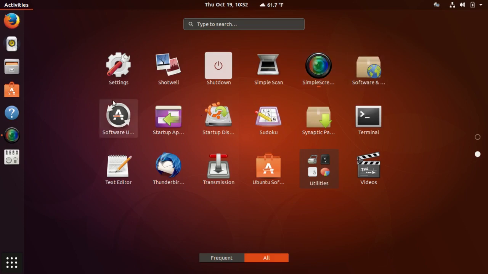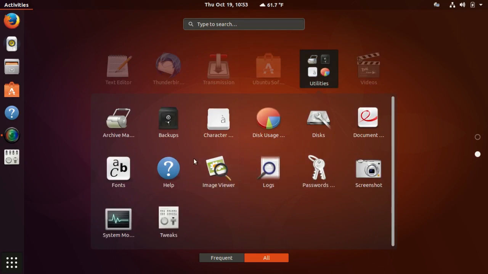Software and updates. Software updater. Startup applications. Startup disk. That's for making a new startup disk based on your existing system. Sudoku, puzzle, Synaptic Package Manager I installed, terminal was installed, text editor, Thunderbird, Transmission, Ubuntu software we looked at, utilities, you have the archive manager, backups, character map, disk usage, disks and